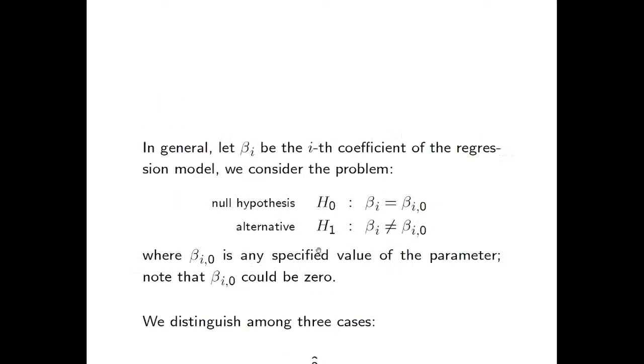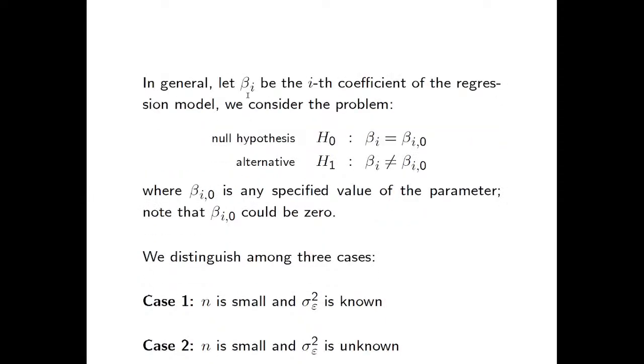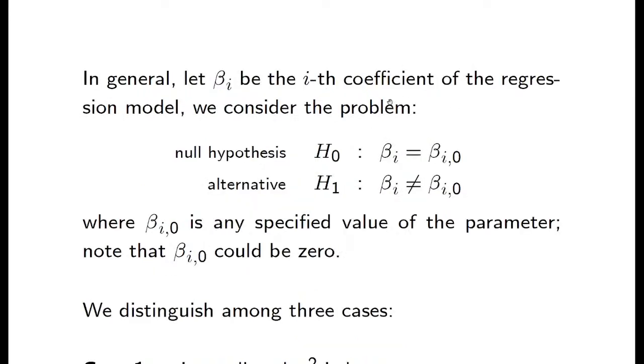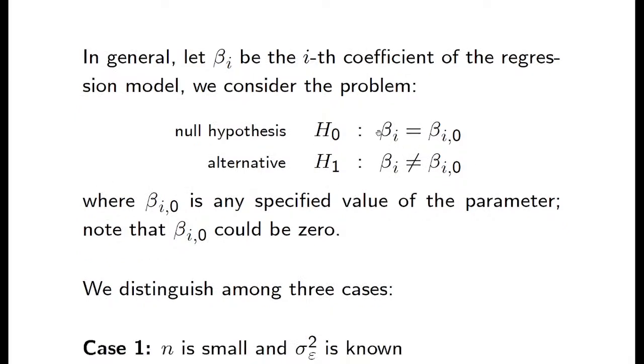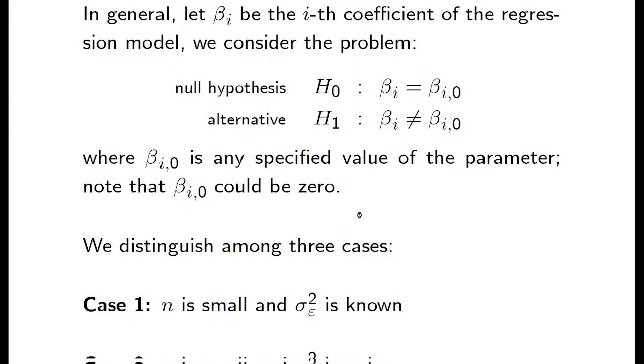This is an example. And in general, as I already did on my slides, I call with beta i hat the coefficients of the regression model. And the null hypothesis we want to test in general is something like beta i is equal to, say, the coefficient in our model, the elasticity of consumption with respect to income is 0.5. This is the number, 0.5, with the 0 meaning the true value that I know. And the alternative is the coefficient is different from that value. Now, I want to discuss with you T-ratio test for this H0 versus H1, and we distinguish the 3